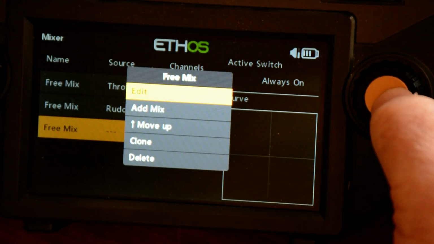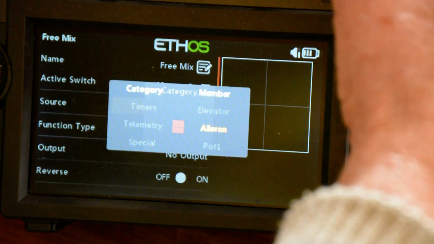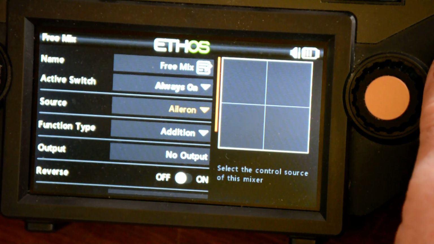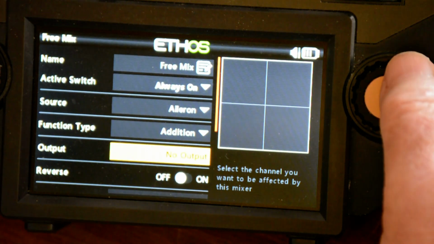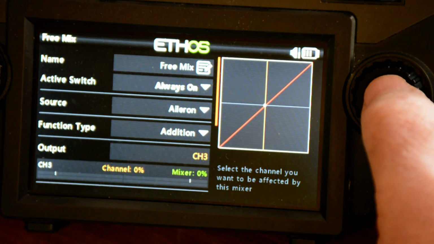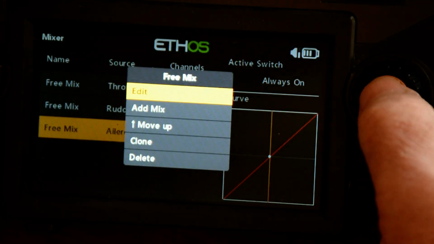We're going to edit. And then we're going to use aileron. But I'm going to be putting 2 ailerons, you'll see in a minute. So this would be output 3. Go back. And then another aileron, so we're going to another